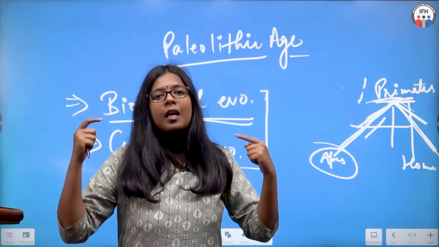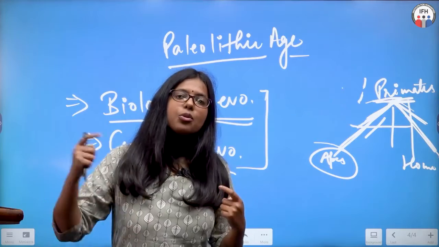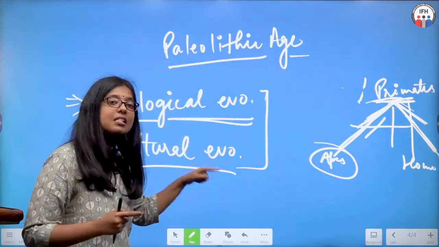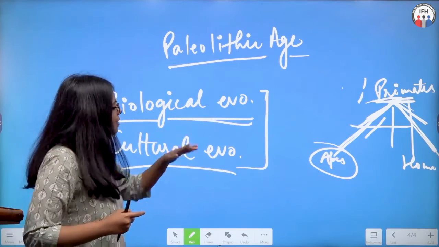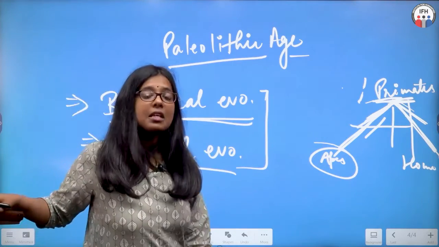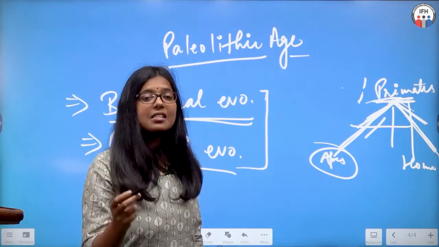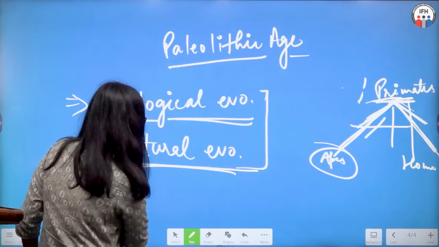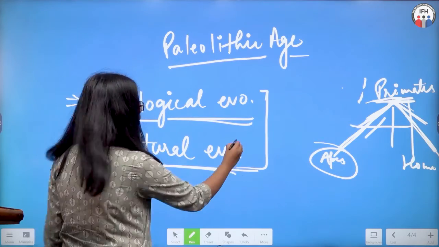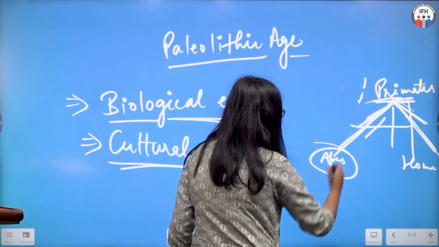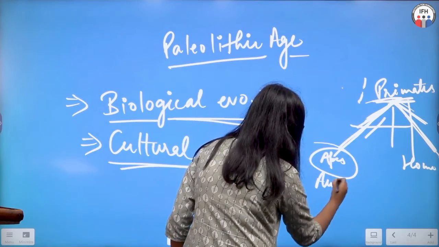But when humans start to use their mental faculties, that is when the difference comes out, and the cultural evolution begins. Use of mental faculties will change the course of history. So here there was Australopithecus